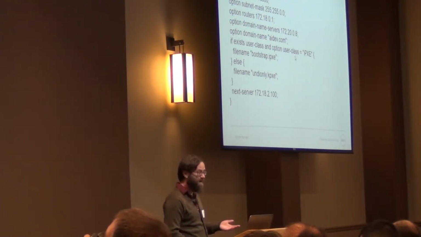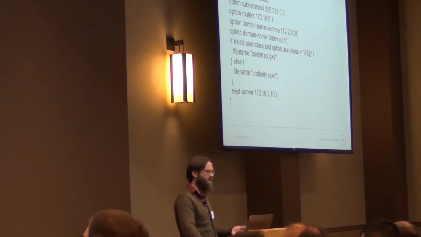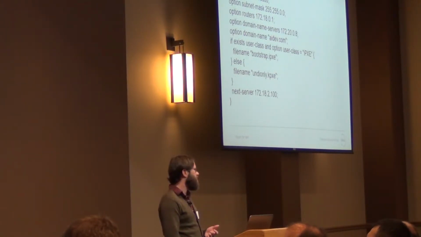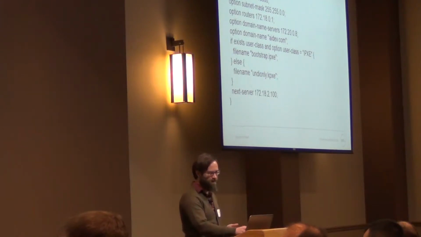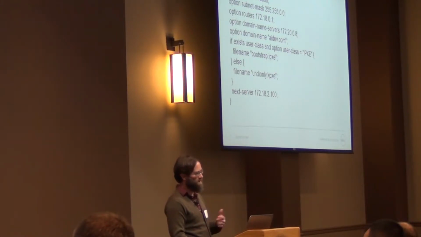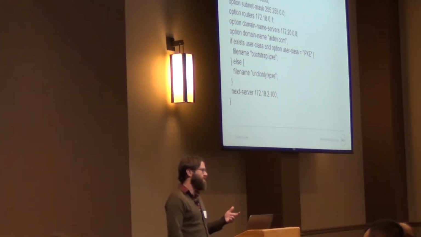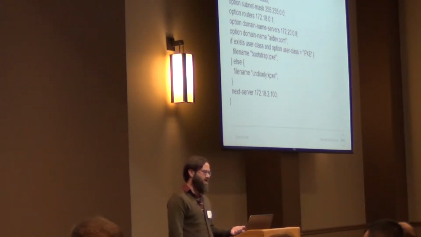So what I wanted to get into here a little bit is this bit about if the user class is iPixie, then say the file name is bootstrap.ipixie. Otherwise, it's undi-only.kpixie. This second file is a binary. It's the actual iPixie binary. And the first file is a script that iPixie can understand and execute. So what this is doing is saying that if the iPixie client, when it requests a DHCP response, includes a client option saying that it's an iPixie client,